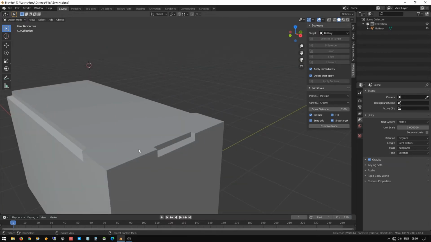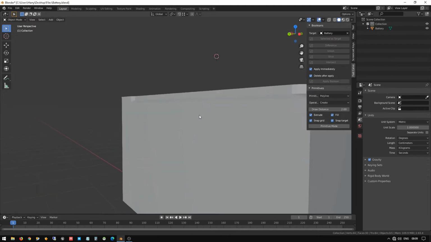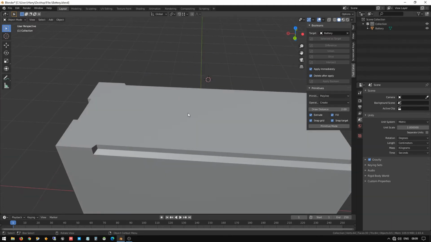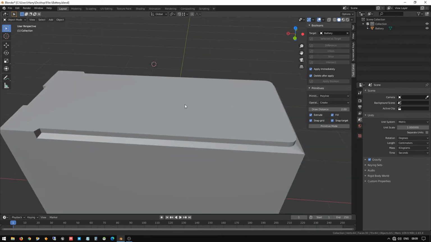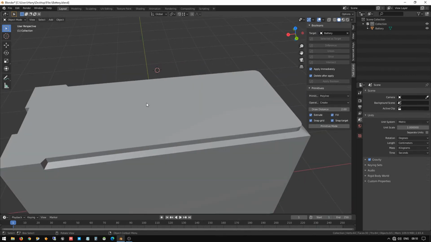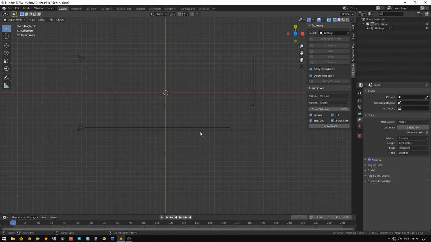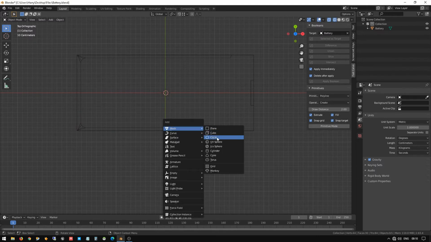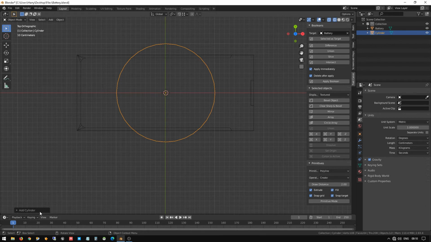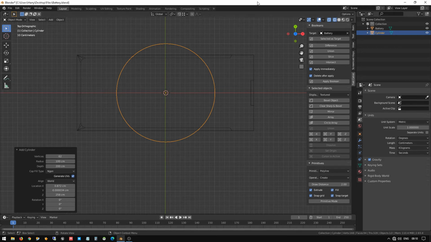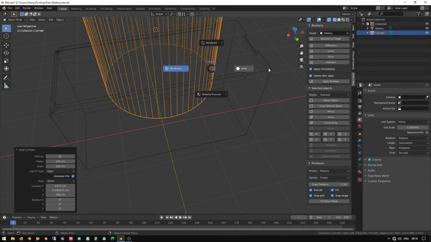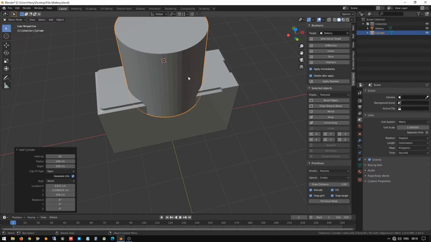So after that we are going to create one more decent battery sealed hole here continuously. And for that, go to the top view, press 7 and go to the wireframe mode, press Shift A to create a cylinder. And here you can change the vertices to 62. So we are going to set solid, you can see. So we are going to create a high resolution cylinder to make the design, that round circle, smooth.